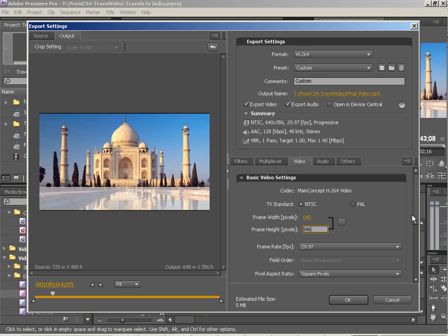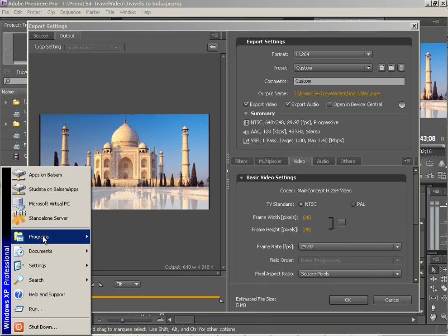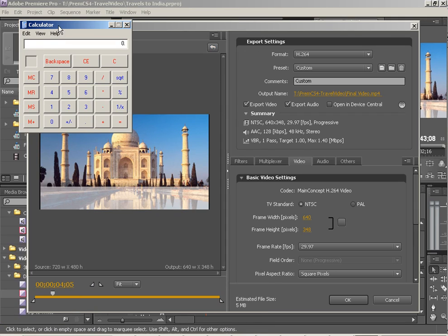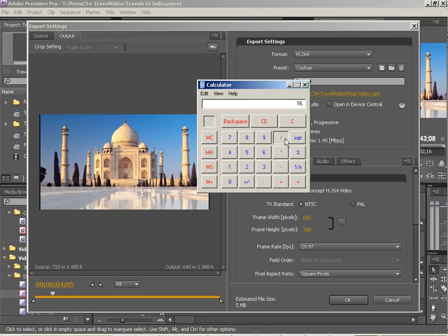Trying to get it so that we have perfect bars. One way to possibly do it is to do some math. 9 divided by 16 equals 0.5625. Now all we have to do is take our largest dimension, which is 640,